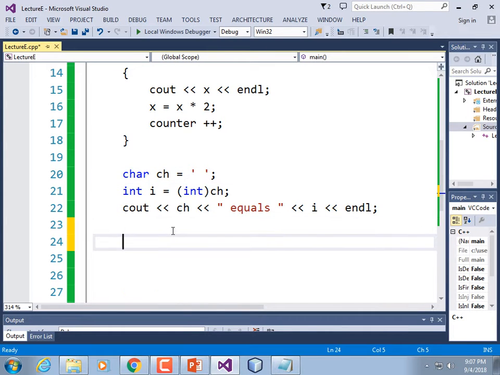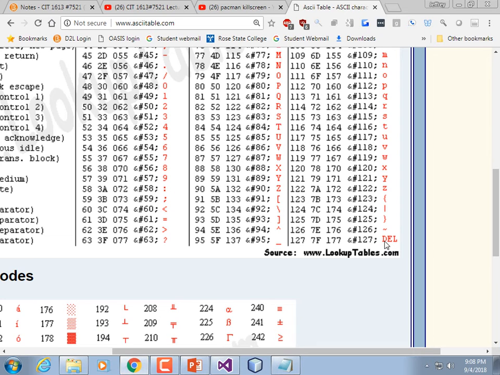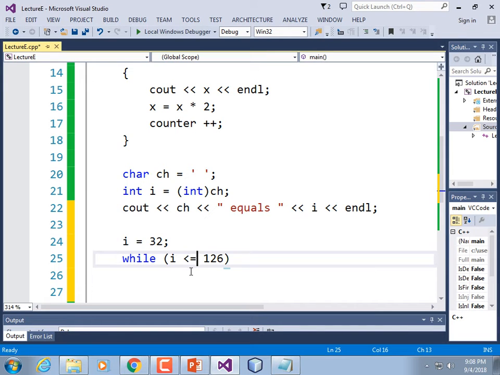We're going to write another while loop. We already have a ch, and we have an i variable. Let's set i equal to 32. And then let's write while i is less than 126. How about less than or equal to? The reason I'm skipping 127 is because it says DEL. It might be interesting to see what that would display, but I don't think it's going to be a visible character. So while i is less than or equal to 126,